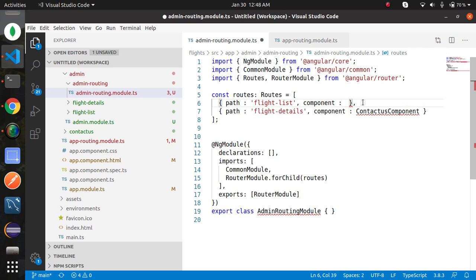Add the component FlightListComponent and FlightDetailsComponent.